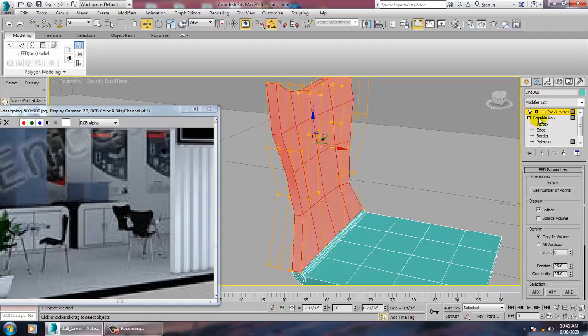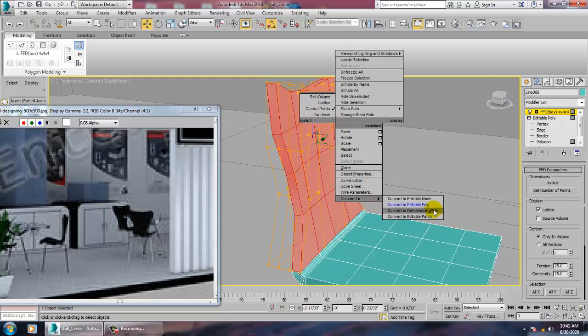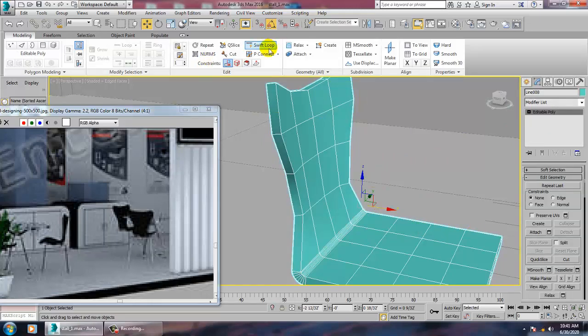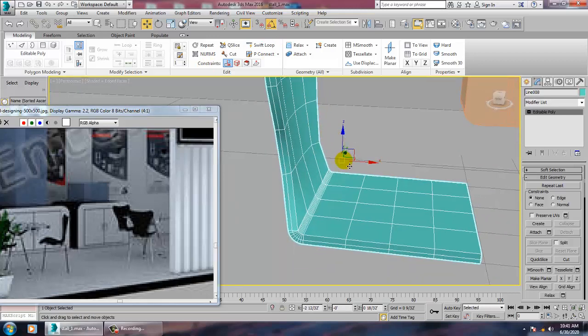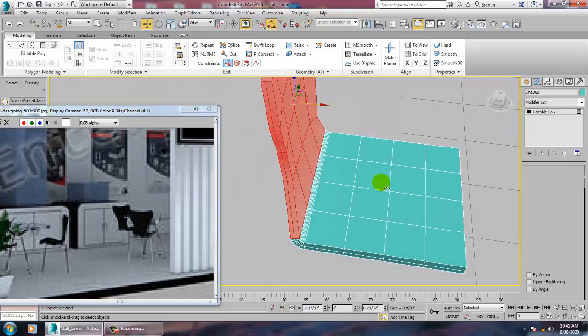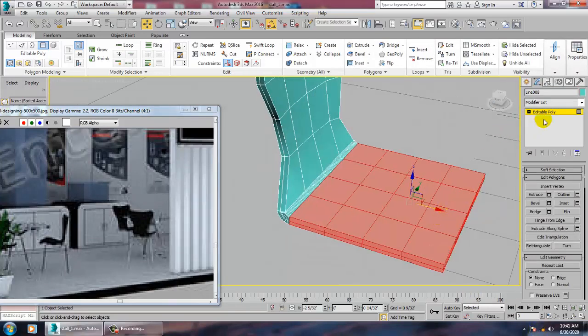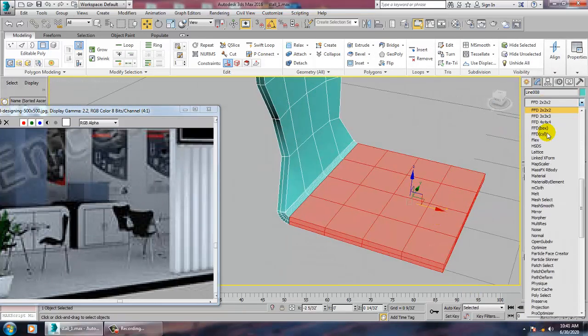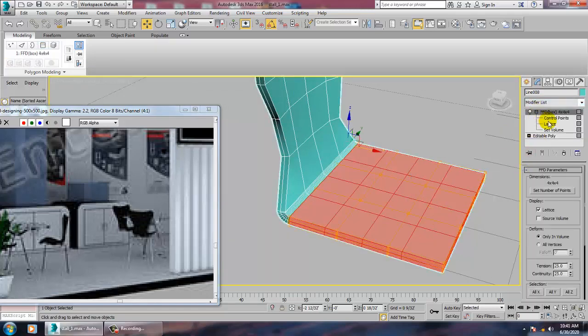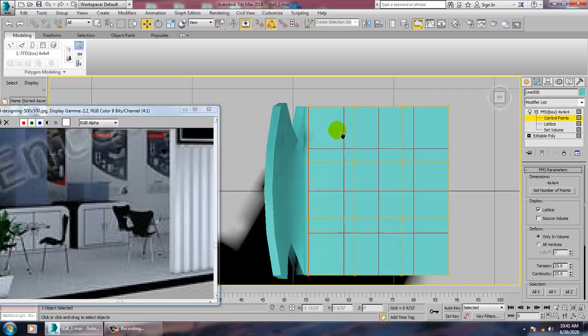Better. So let's convert to editable poly. Put one swift loop over here. Select the polygons and give FFD box. Go into this, control points.